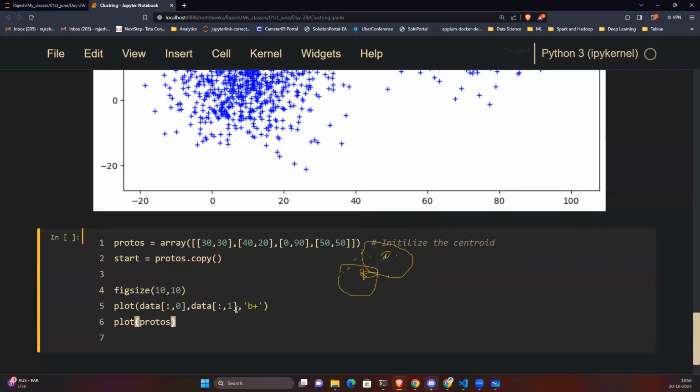And here I'm going to make all the rows, comma, 0th position, comma, protos. This is the protos point. All the protos we have defined here, comma, protos. And here I'm going to make all the rows, comma, first column, and comma,